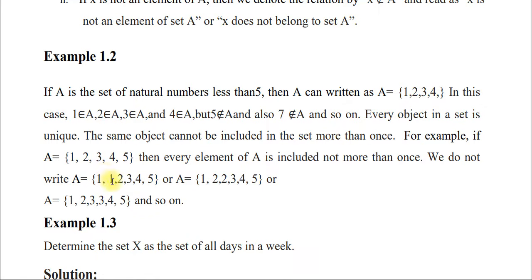እንደምታዩት እዚህ ጋር 1 ተደግማለች፣ እዚህ ጋር ደግሞ 2 ተደግማለች፣ እዚህ ጋር ደግሞ 3 ተደግማለች። ስለዚህ አንድ ሴት ውስጥ ያሉ ስብስቦች ዩኒክ መሆን መቻል አለባቸው፣ መደጋገም የለባቸውም እያለን ነው።